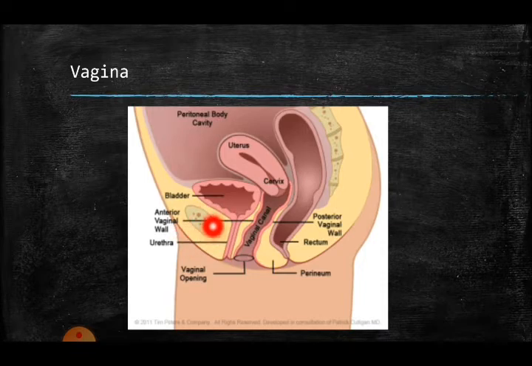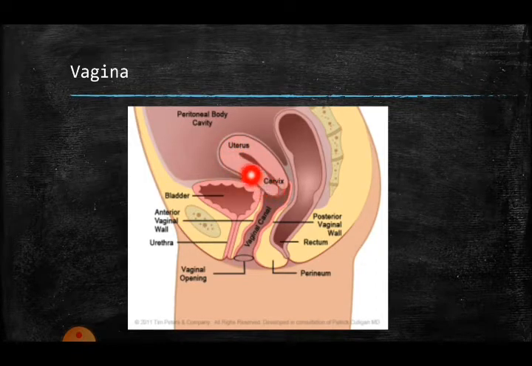So most anteriorly, this is the bone, the pubic bone. Then we looked at the bladder that was lying behind this bone. Then behind the bladder, this is the uterus, and we looked at the different parts of the uterus. This dome-shaped part of the uterus is called the fundus, and we will look at the details of the uterus when we discuss it in our coming slides. So just remember that this dome-shaped part is the fundus of the uterus.